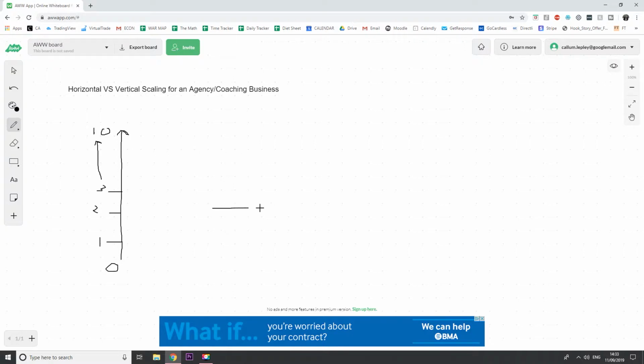So horizontal scaling looks something like this. Let's say we currently have 5 clients, and we currently do Facebook ads for them, which is what most people are taught to do. Let's say we charge 2K for Facebook ads. So your typical standard offer, which most people do right now, is Facebook ads management. Let's say you get 5 clients up to that point, so that's 10K in either retainers or one-off fees, which is all good and dandy, but how do you actually go about scaling that